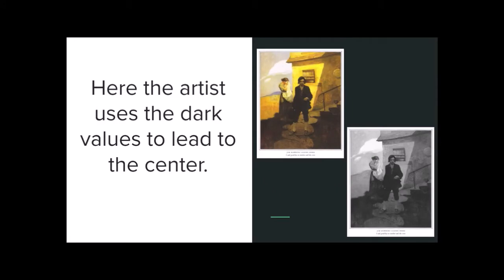So here's another one. And here the artist is using the dark values to lead us to that character in the center. The character in the center is already our focus because it's in the center, but you have these really dark shapes on the sides, blocking it in and balancing out that dark figure. And then everything else is a medium value, and the artist uses the pure white around the woman to help our eyes go to that woman